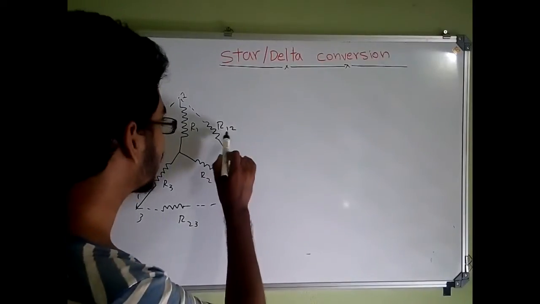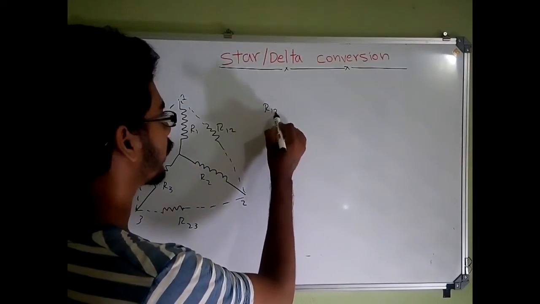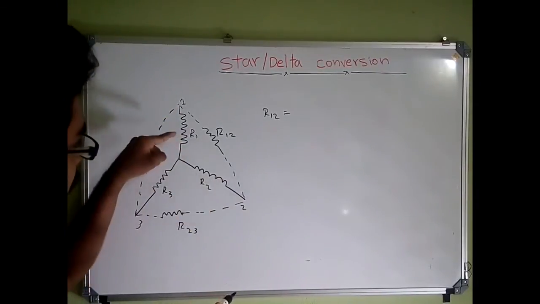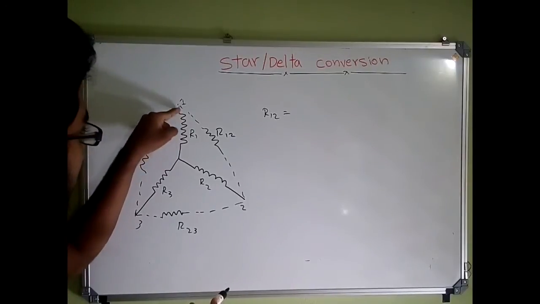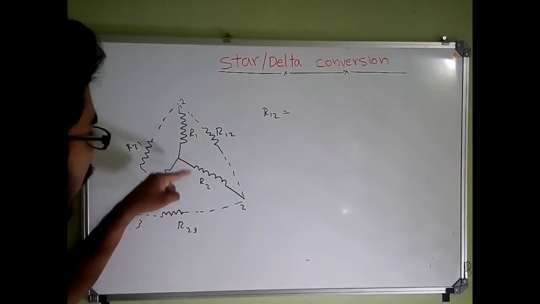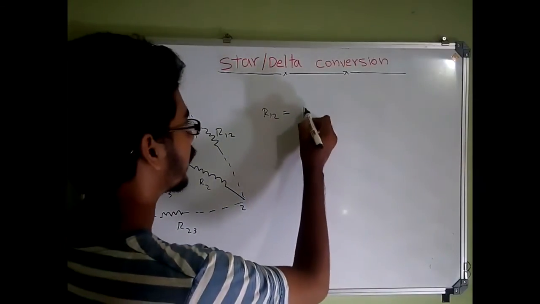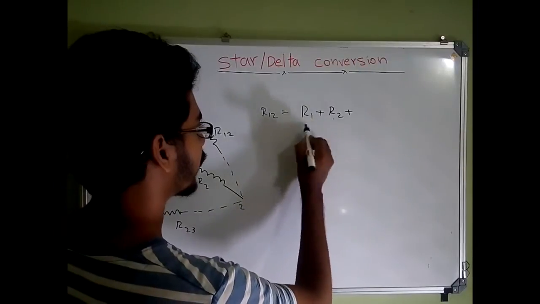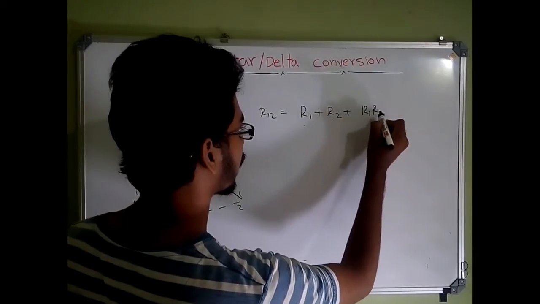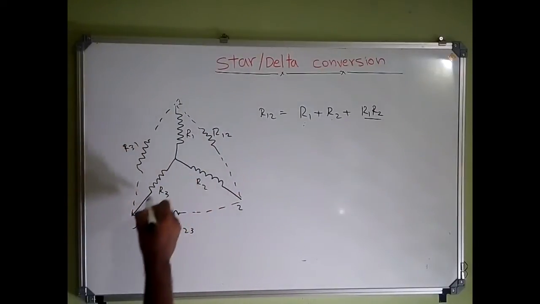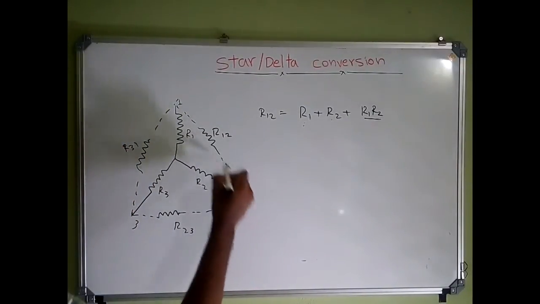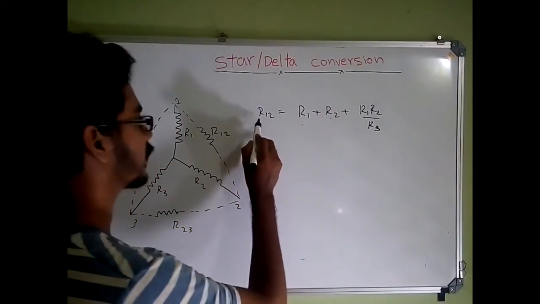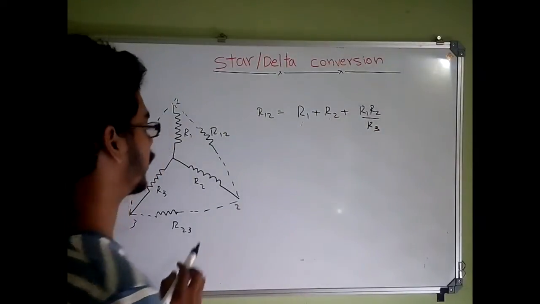Okay. This resistance is nothing but R12, R23, R31. First we have to find the value of R12. Here R12 means it is the resistance in between this terminal 1 and 2. So to those terminals, resistors in star is nothing but R1 and R2. So we can write R1 plus R2 plus multiply these together. So we get R1 R2 divided by the non-touching value, that is this resistor is not touched by this, R3. So we get resistance R12 as R1 plus R2 plus R1 R2 by R3.